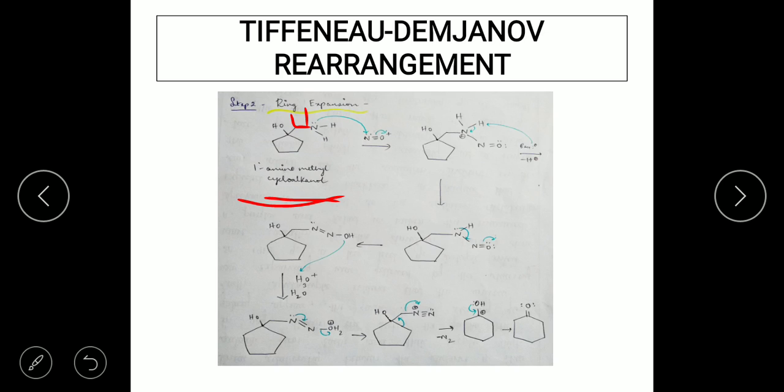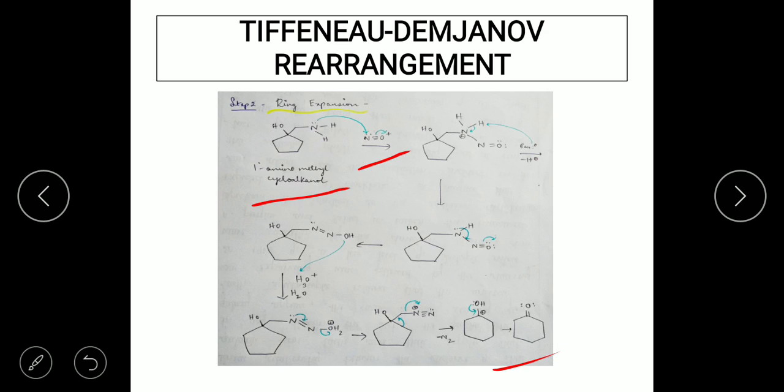So nitrogen gets the first position, and hence the nomenclature is given as 1-amino. Methyl is because there is a methyl group in between, which is attached to the amino group. So hence 1-aminomethyl cycloalkanol. Now this is a nucleophile. The electrophile, that is nothing but the nitrosonium ion, is going to react with the substrate, that is 1-aminomethyl cycloalkanol, to give rise to the ketone.